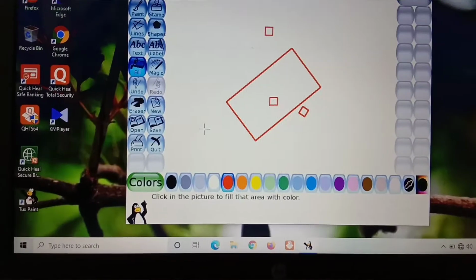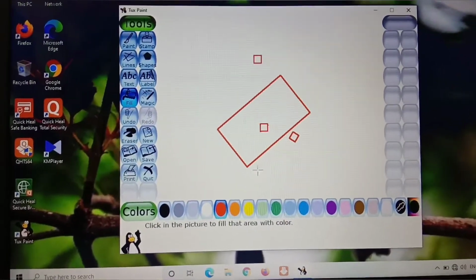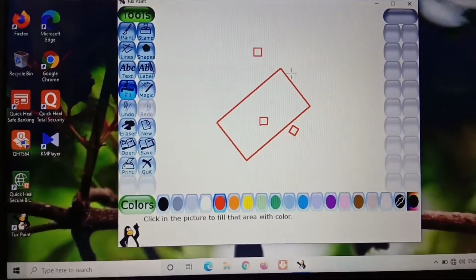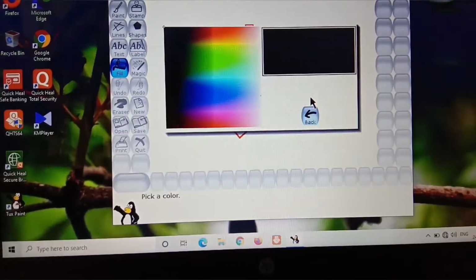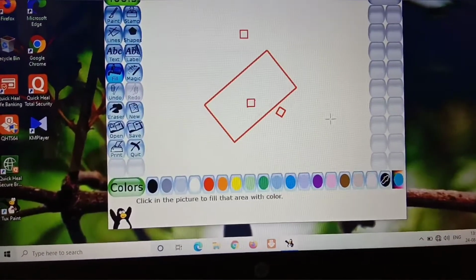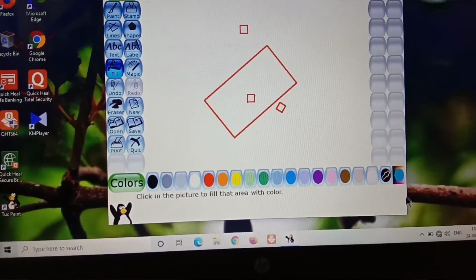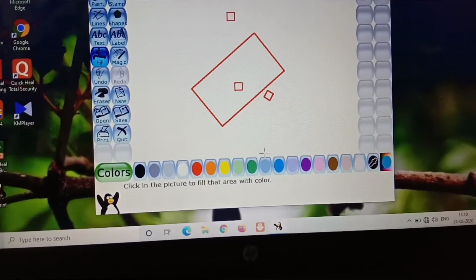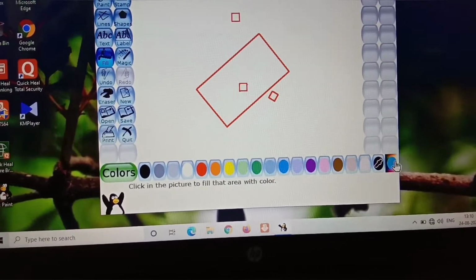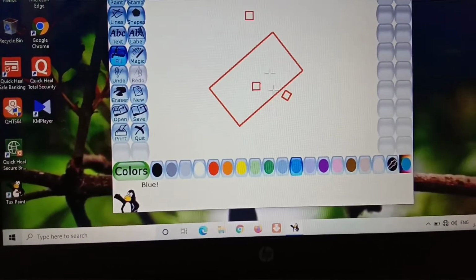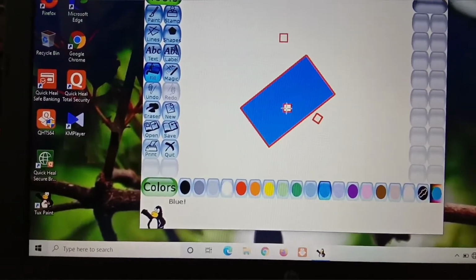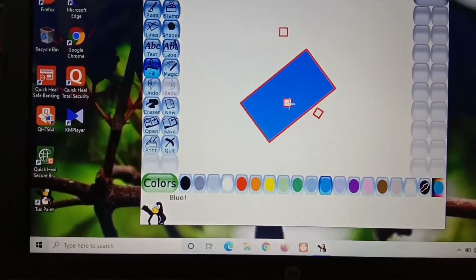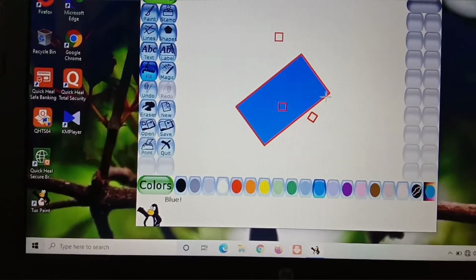So in your fill, no selector will show, because in fill you are going to fill your picture. Then after that you have to select any color as you require. Okay, in the last class also I told you about the rainbow color. You can use it from here, otherwise you can use it from here also, and select the blue one. And in the drawing canvas you have to click.